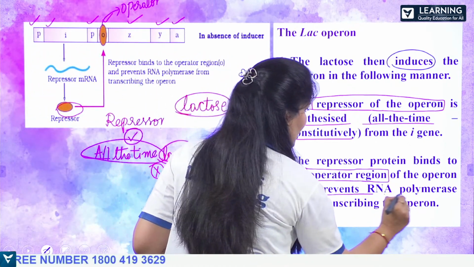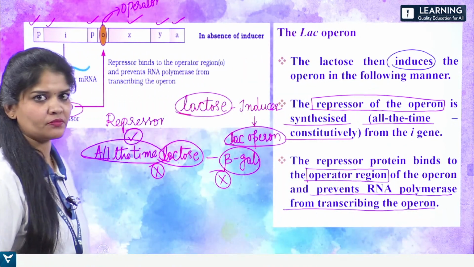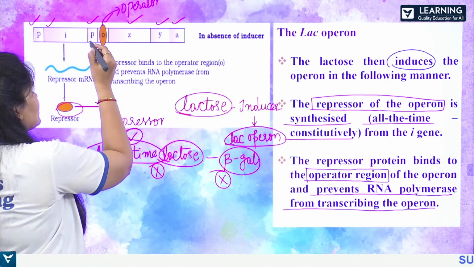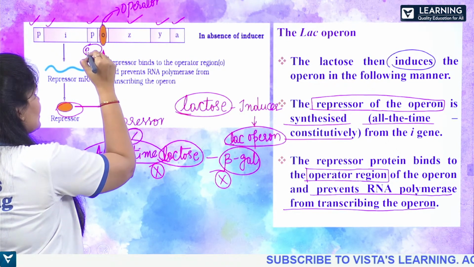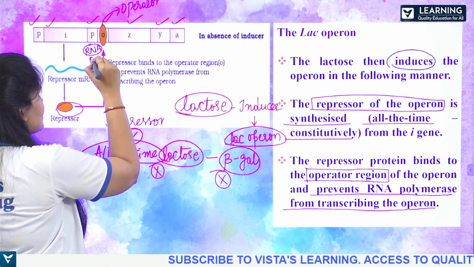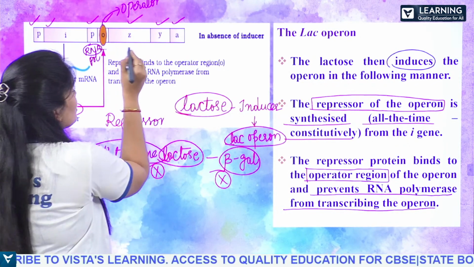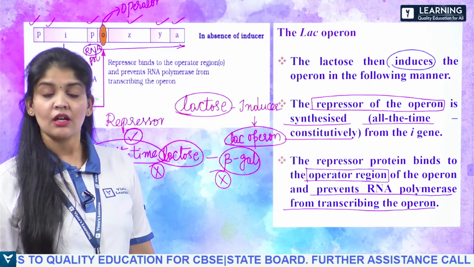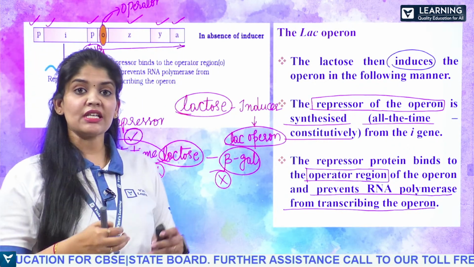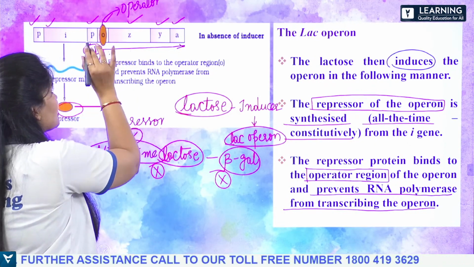It prevents the RNA polymerase from transcribing the operon. We know that here is a promoter region, and to this region the RNA polymerase enzyme comes and attaches, and it will proceed for the transcription of the structural genes. But here, the repressor which is produced goes and attaches to the operator,